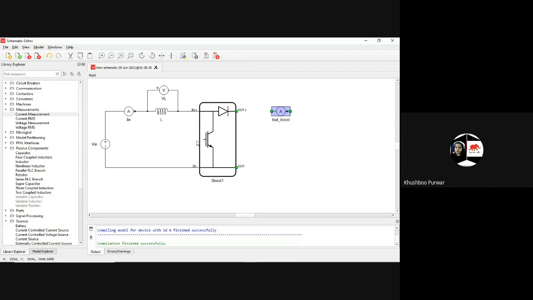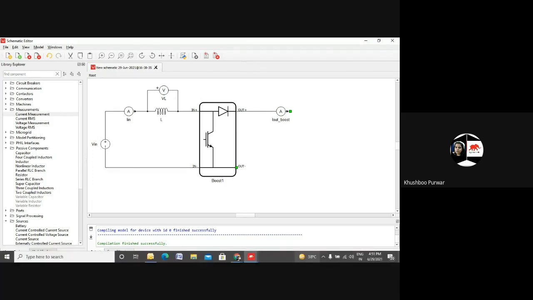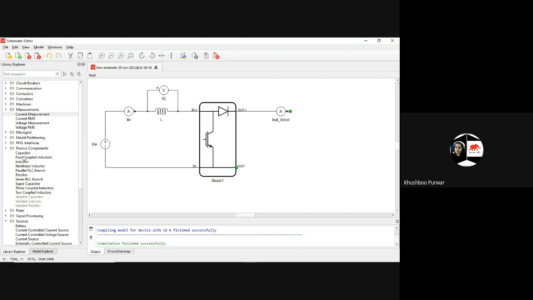So here one current measurement is put for the measurement of the output boost current of the boost. Now I want one equivalent series resistance. For the equivalent series resistance, I will be using this one only, the resistor from the passive element, and I will simply name it as ESR.